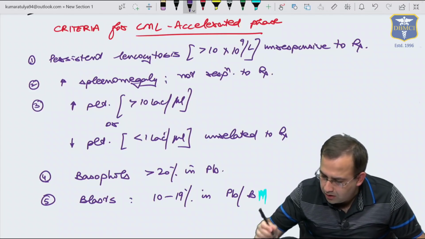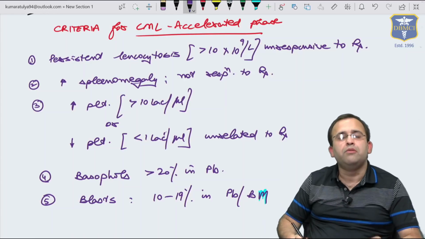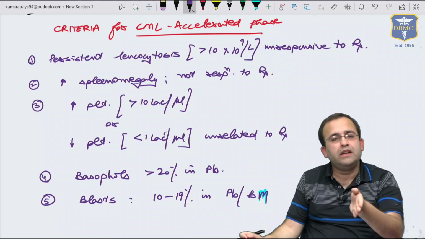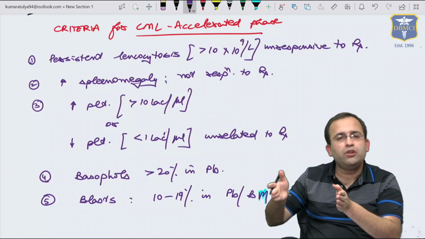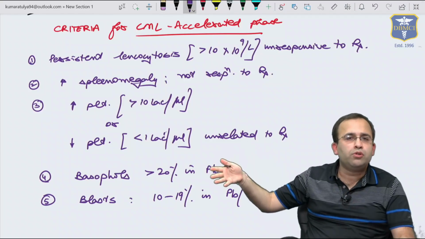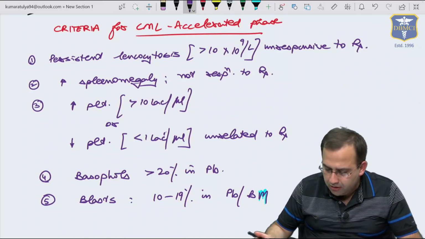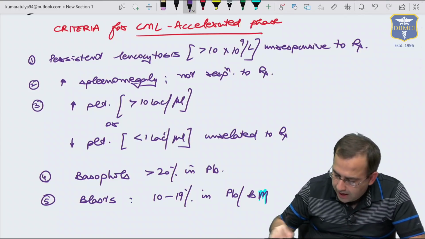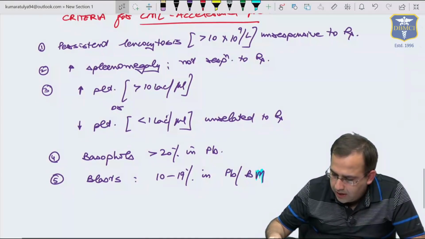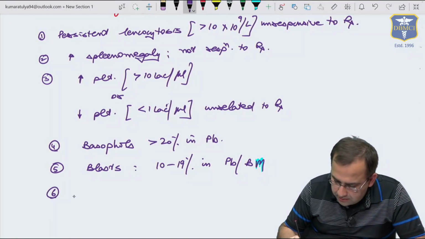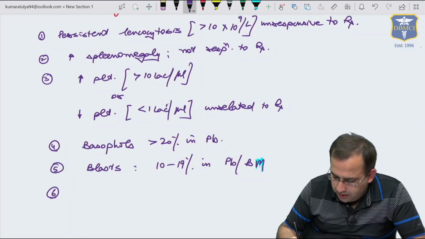You know this well. Less than 10% is chronic phase, 10 to 19 accelerated, more than or equal to 20% blastic. And lastly, the last point in this is any